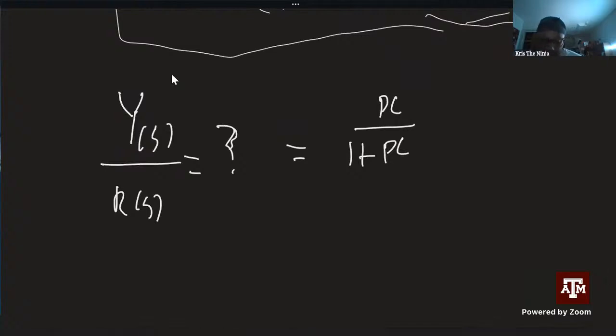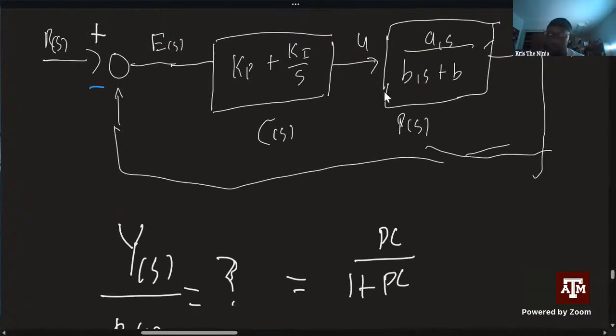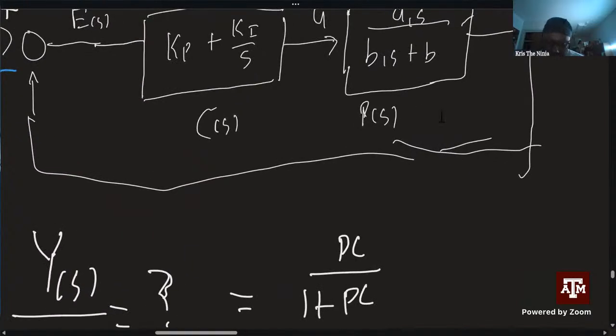So we have P of s right here, and we have C of s over here, then we just need to multiply these two together and then do 1 plus that multiplied together. So our equation for Y(s) over R(s) is equal to